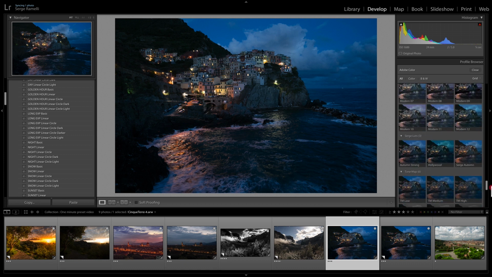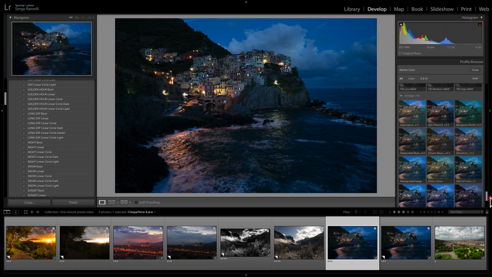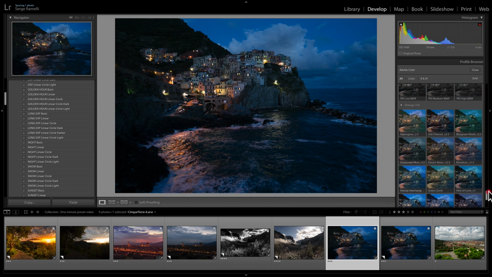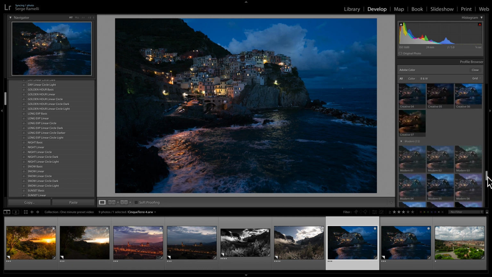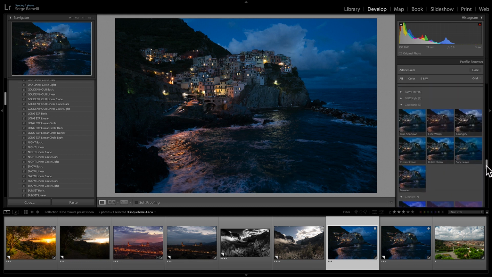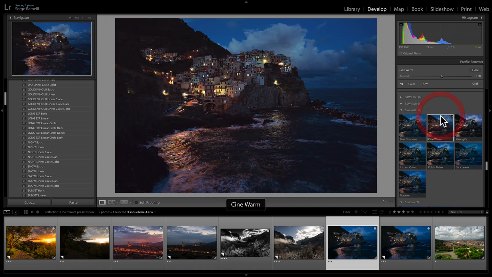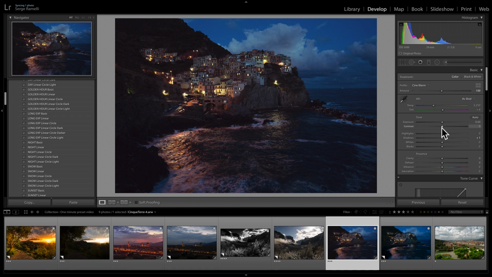Like, let me see here. Let's go back to this. I want to go to the cinematic profiles. Where are they? Here, cinematic. I'm going to go to Cine Warm. I like Cine Warm, and it's my base. And now I got Cine Warm in, and I've altered the color, and I can do my regular workflow where